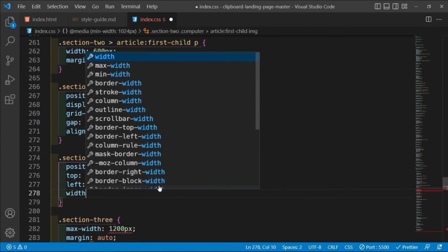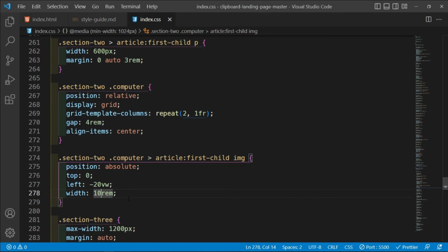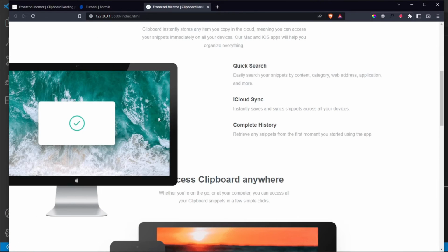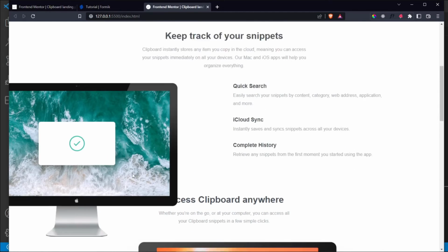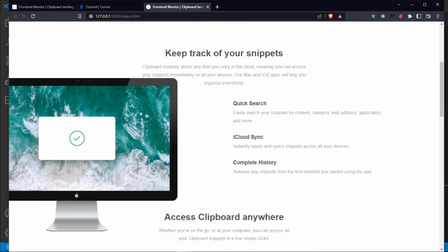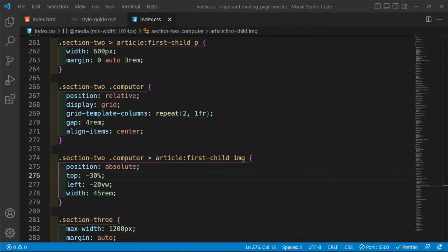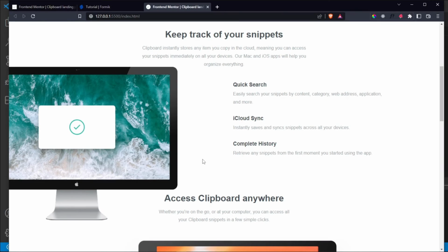And then reduce the width of the image to about 10rem, 160 pixels. Too small, 100rem. Too big, 60rem. Still too big, 40rem. Too small, 45rem. Okay, and then I need to go back on top just a bit. So I'm going to say bring it to the top by minus 10%, minus 30%. Okay, I'm seeing something. Let me bring it to the top by minus 20%,